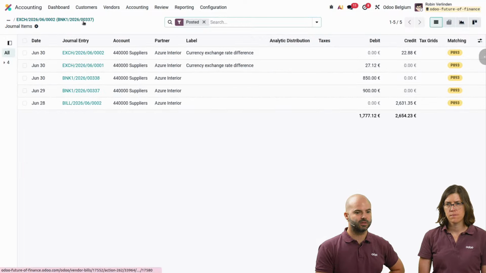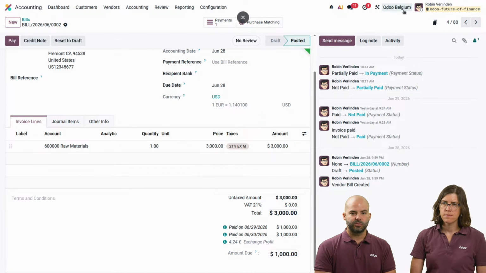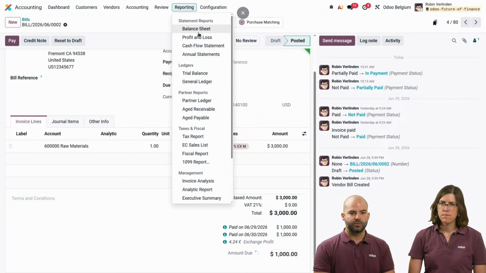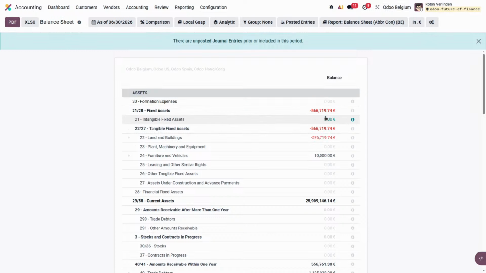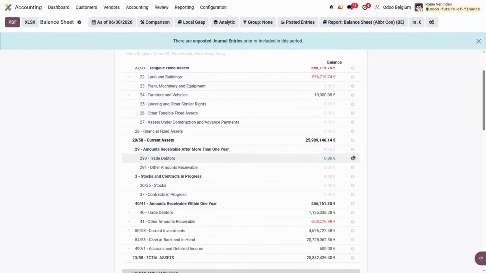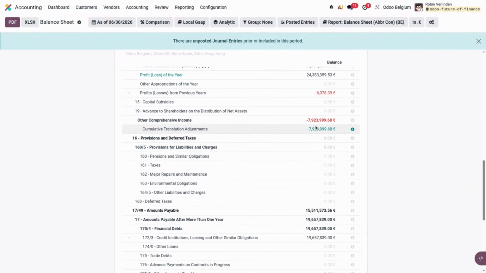Now we have added something more related to the currency rate that is applied when you are in a consolidation view. Okay. To show you that, I will first go into my report here. Let's say I go into my balance sheet, and I connect to my different accounts. So you see I took some of our Odoo offices. And from here, first of all, you see that those are the aggregated figures from my different companies, which is really nice. But more importantly, you see now that we have an